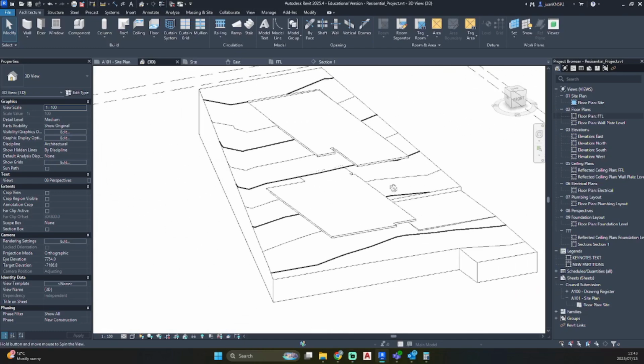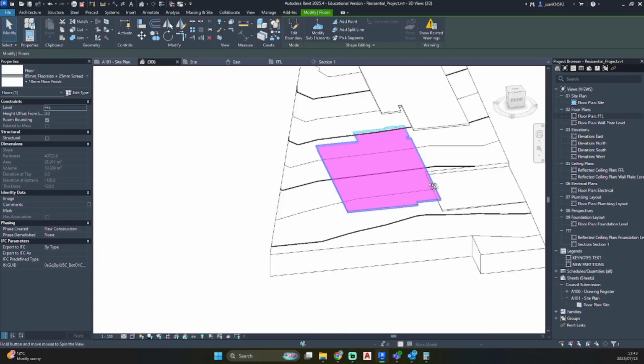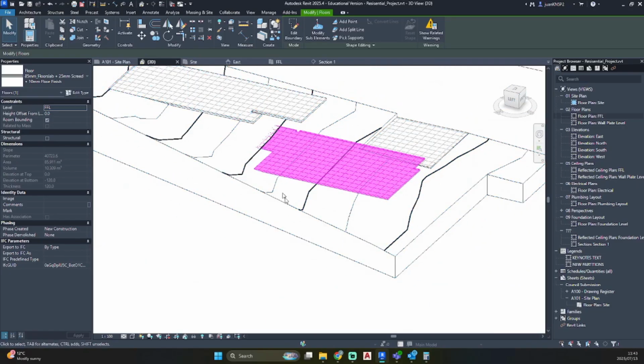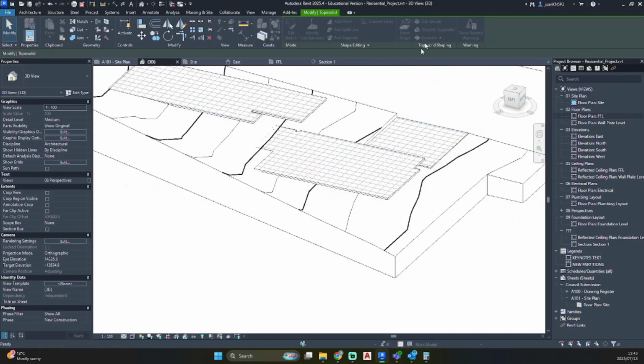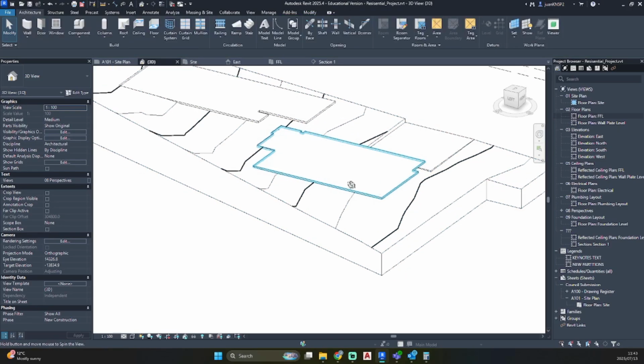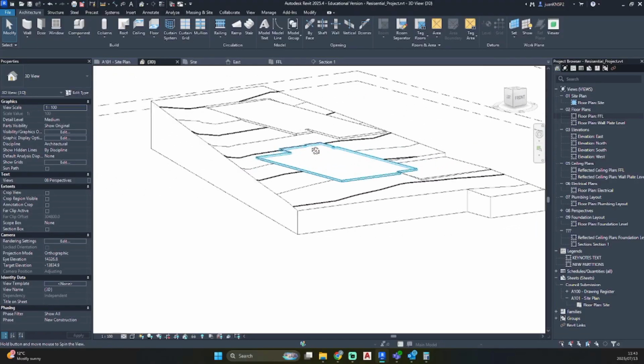So if we have a look at our public spaces, we can see that it's also cutting into our site over there. So let's click on our site again, excavate, select our floor slab, and we'll see it being excavated.